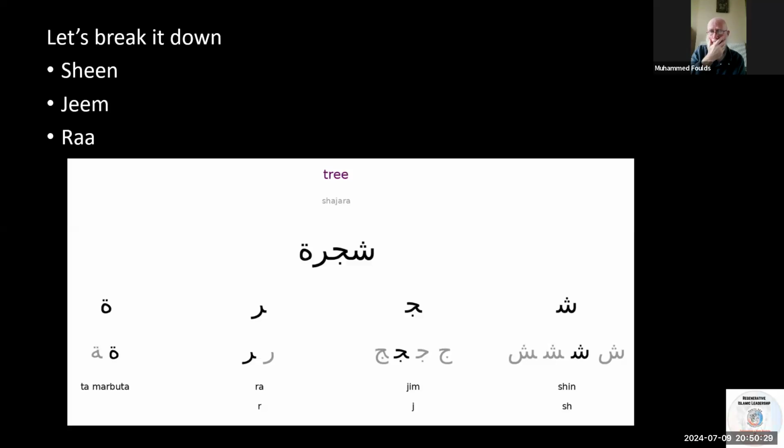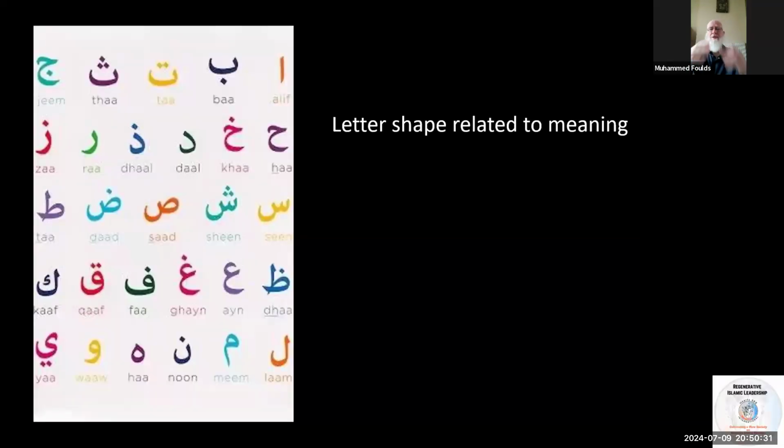Go on to the next slide. And we see the alphabet. We learn this in the Maktab, but it's so deep. It's not just alif, ba, ta, tha, jim. We say it and repeat it, just like A, B, C, D, but it has so much meaning. Each letter has so many layers. If we've just gone through Sheen, Jim, and Ra, then we could spend so long going through each of these letters and their meanings. And it's all there in the Nazm of the Quran.